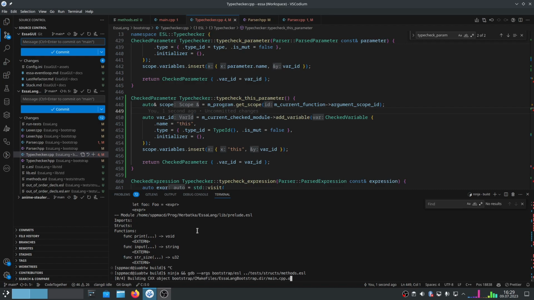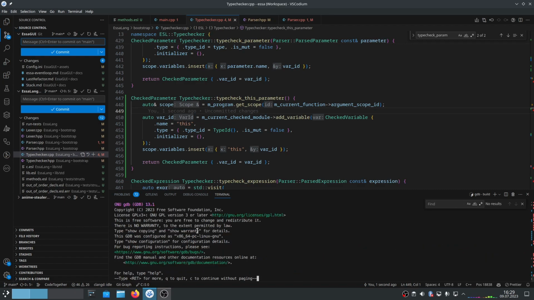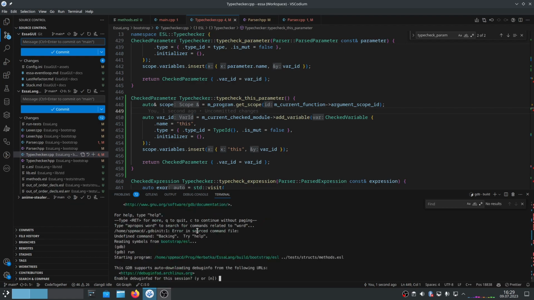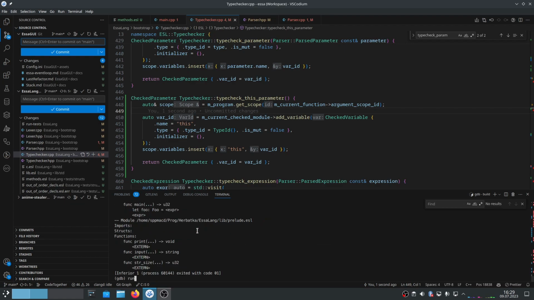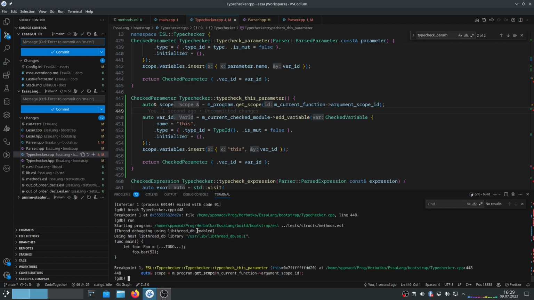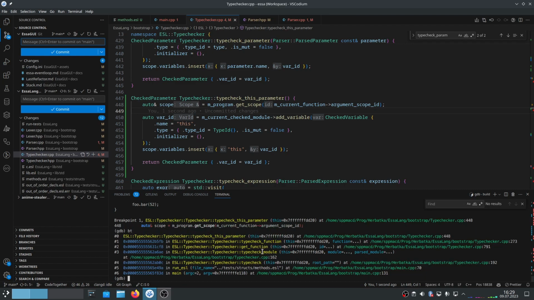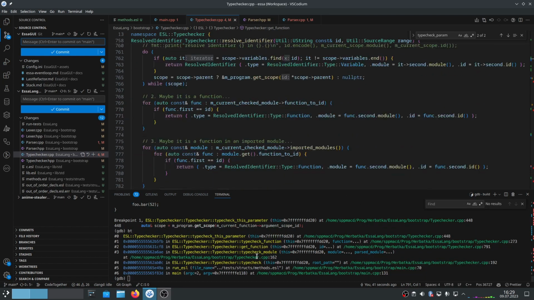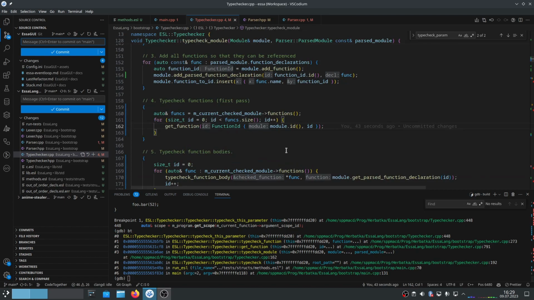So we compile this and okay, run. I didn't have a breakpoint. So new breaking type checker. 455, I think, or at the beginning actually, and yeah. So type check module get function, yeah. So that's the first pass. That's the first pass. So we don't know what's the method here,